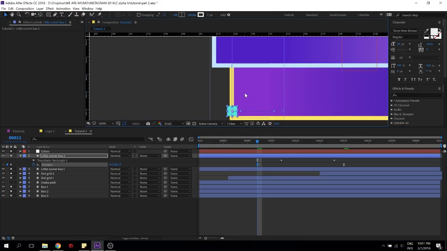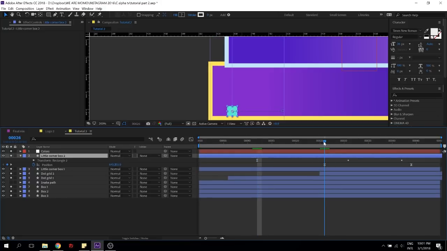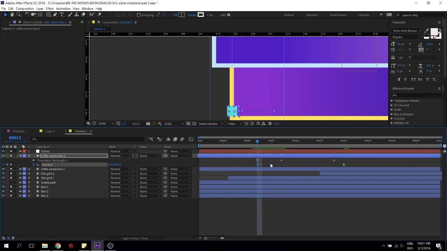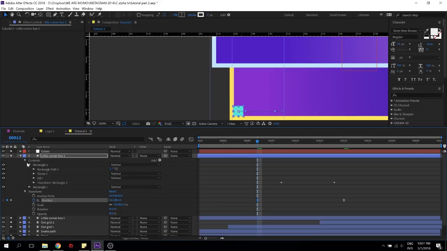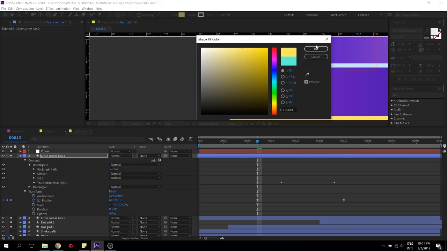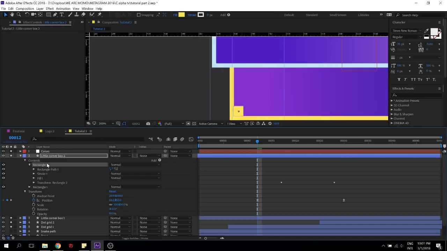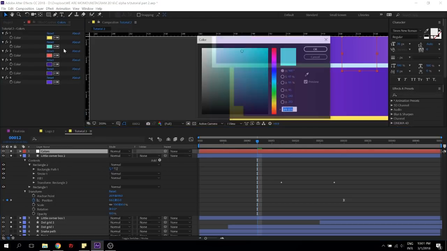So at this point, I think that's too early. So I'm just gonna take this and put this like that. All right, perfect. And I'm just gonna take my rectangle 1 and change the color to this one. And of course, I'm gonna take my rectangle 2 and change the color to this.